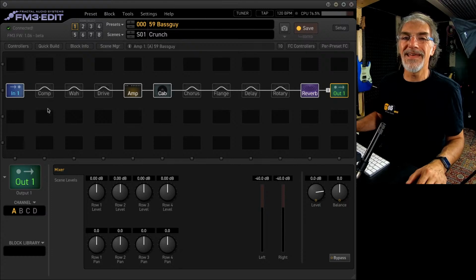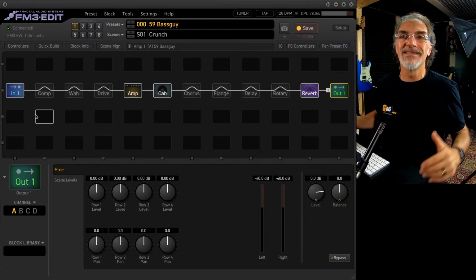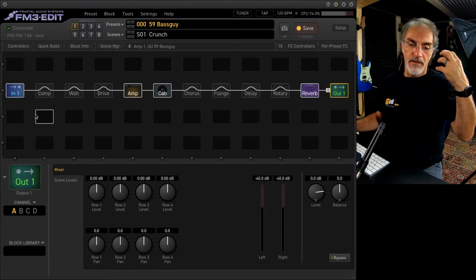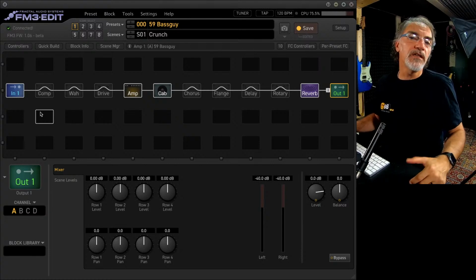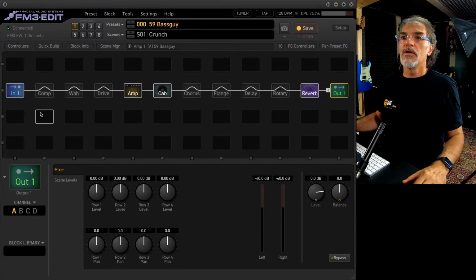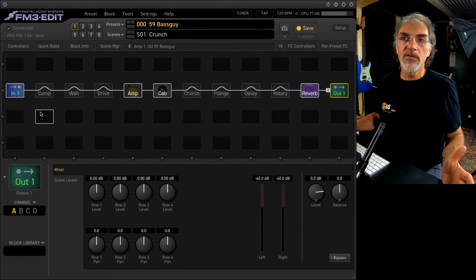This is the rig. The name of this composition is the rig. It is absolutely the same rig that you have in the real world. So if you know how to connect your effect blocks, you know how to create your rig.